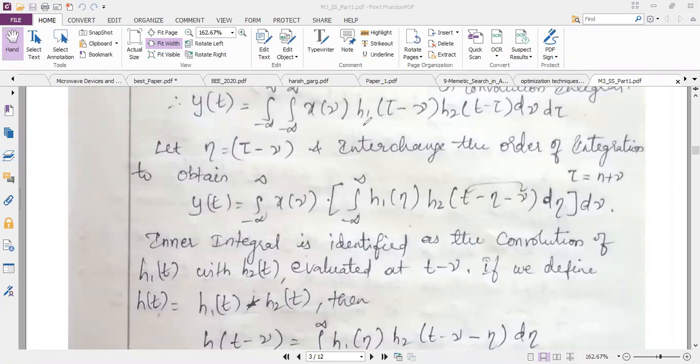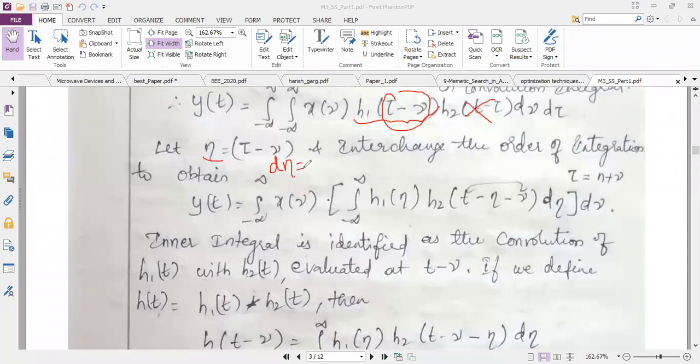So now, which bracket term should we keep as the new variable? If you have t minus tau in the bracket of h2 or h1, we should not touch that, you should not disturb that. So I am just assuming tau minus mu as eta. Now, if you do that, I'm going to do the differentiation of eta.